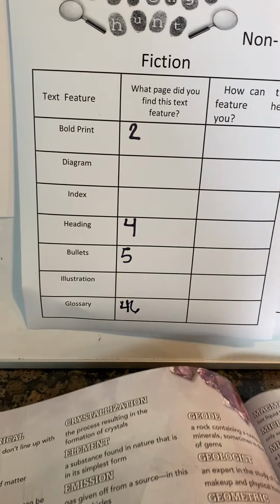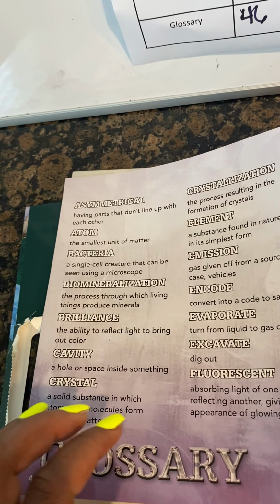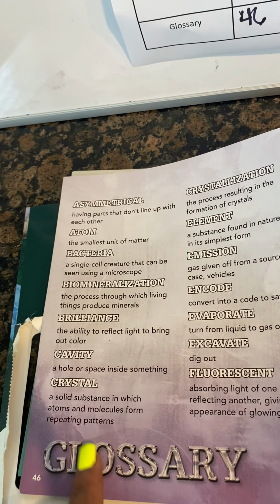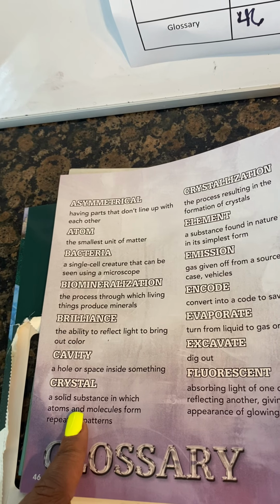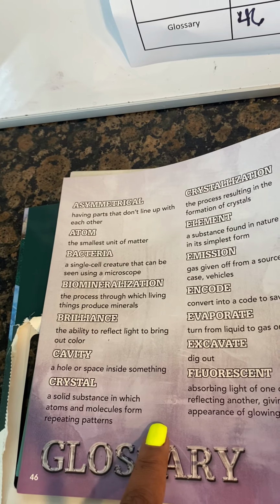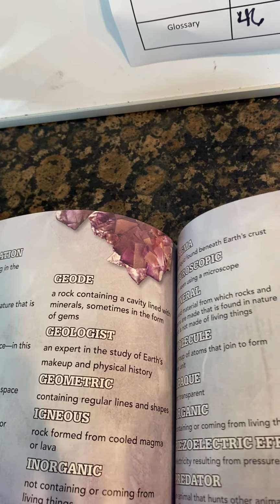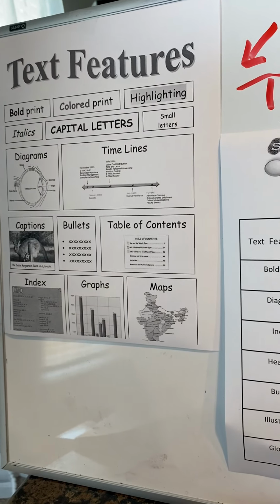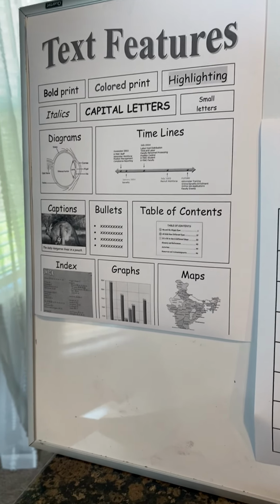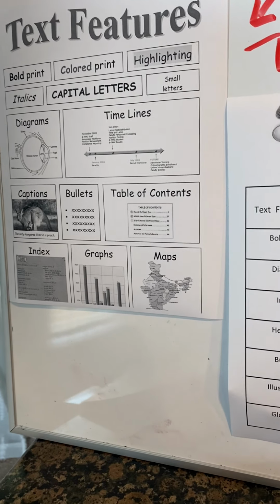And why are glossaries helpful? Look, if you didn't know what a crystal was, you can go to the glossary and it's going to tell you the definition. A crystal is a solid substance in which atoms and molecules form repeating patterns. So remember, the glossary is like a dictionary at the back of the book. All right? So remember, text features help us to locate information in nonfiction text. It makes it easier for us to read. So make sure that you discover text features